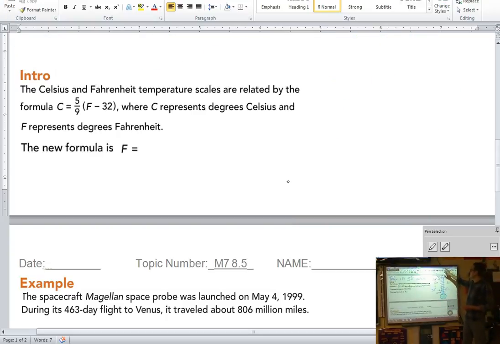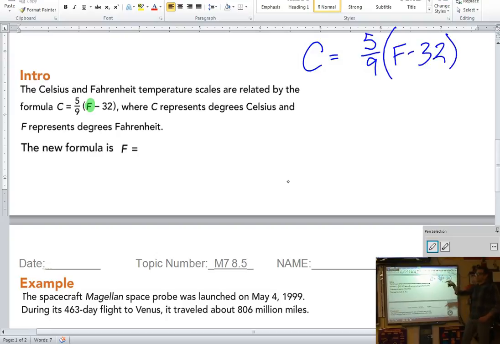So right here, this would be if we had Fahrenheit, what is the Celsius? Because we would be solving for C. We want to build an equation to solve for Fahrenheit when we know the Celsius. So you might need to get a Post-it, especially if you've already written over here. We want to start by writing this Celsius equation. When you write this, leave space before your 5/9. So after your equal sign, leave some space before you write your 5/9 (F minus 32).